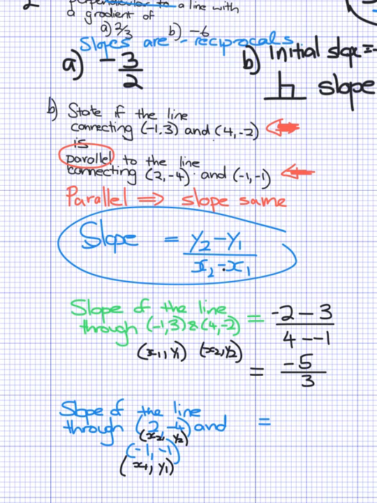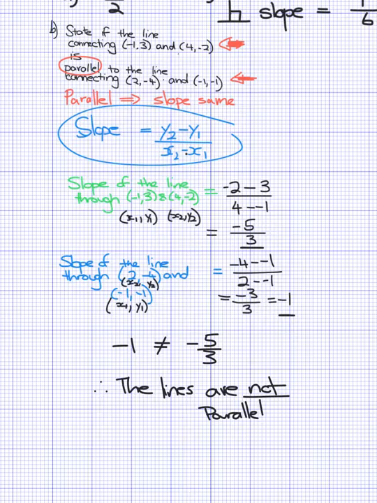And so I'm going to go, the slope is y2 take y1, so that's going to be -4 minus -1 over x2, which is 2, minus x1, which is -1, so minus -1. So -4 plus 1 is -3, and then we get that